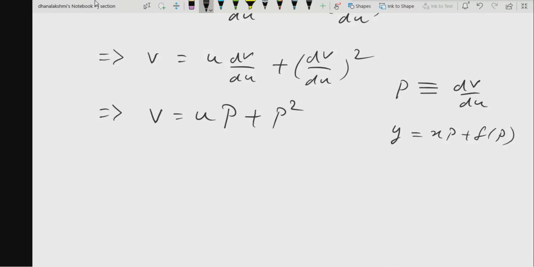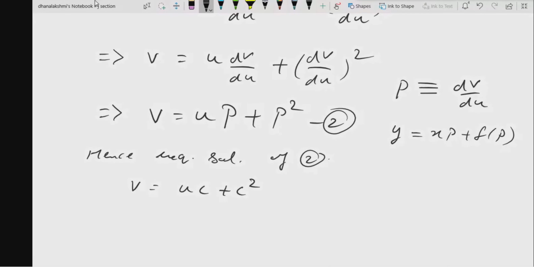So here you need not solve this one, because already a lengthy procedure is done. With those substitutions and transformations, we have got this into Clairaut's form. Now again no need to solve this Clairaut's form. Directly you will write, this is in Clairaut's form, hence the required solution, let this be 2. Required solution of 2 will be what? v is equal to u into c plus c square. No matter whichever variables you are using, if it is in Clairaut's form, that p has to be substituted as c only, some constant. Is it or not?